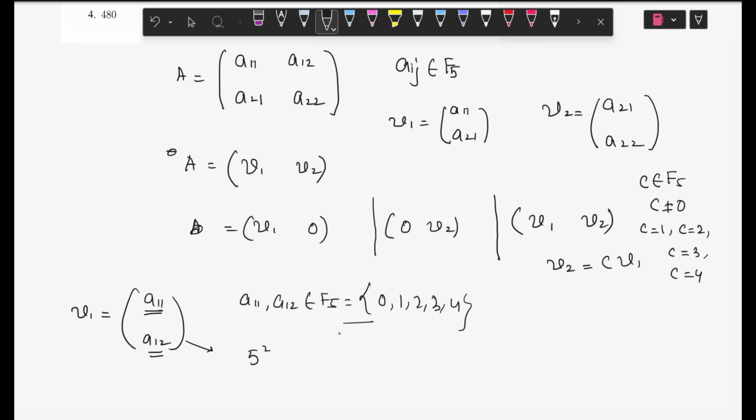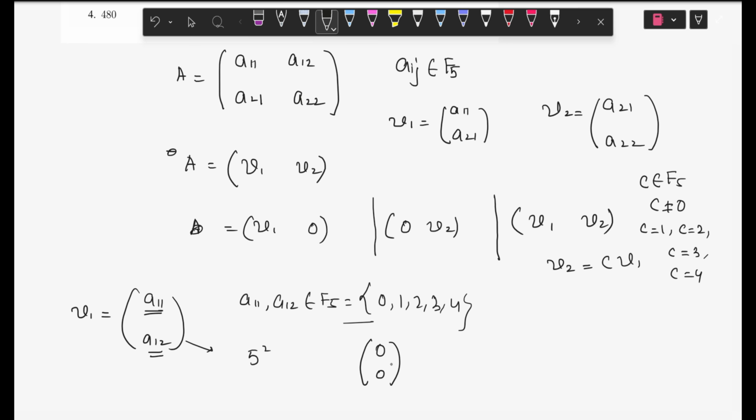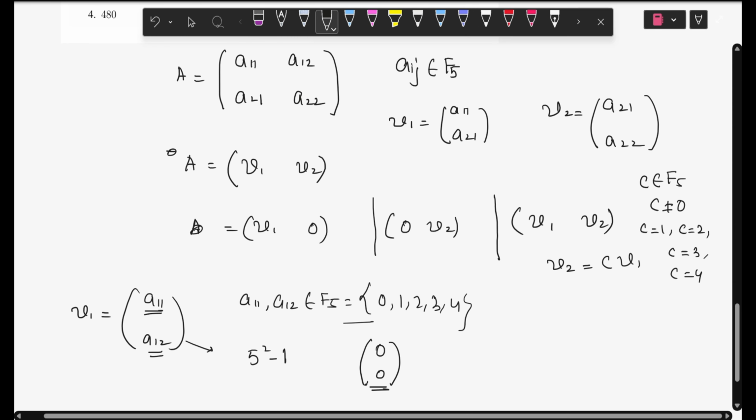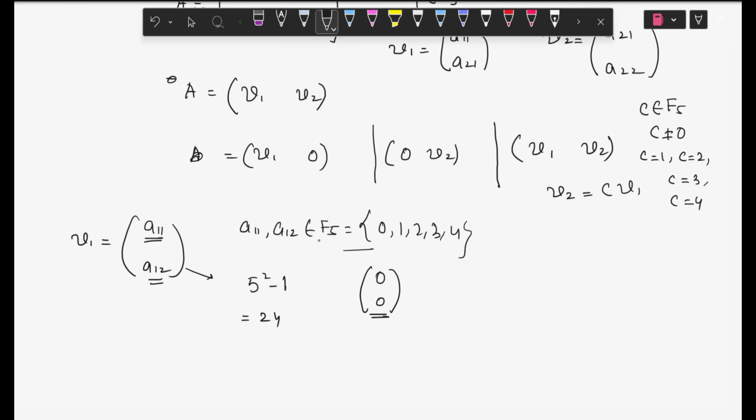Now among that हमें एक ऐसा element भी मिलेगा 0 0। So now we are not concerned about this 0 0 vector क्योंकि 0 0 लेने से हमें कुछ मतलब होगा नहीं। So we are just subtracting 1 because of this 0 0 column। So there are total 5 square minus 1 मतलब 24 non-zero columns can be formed by the elements of F5। So this case we can get 24। In this case again we have to get 24